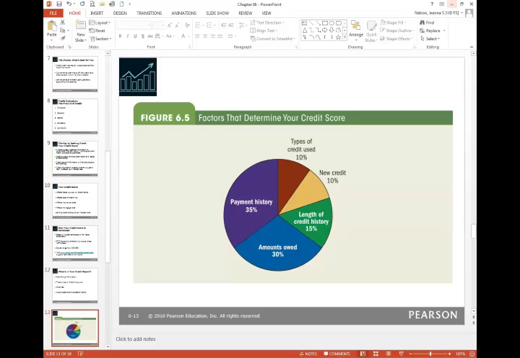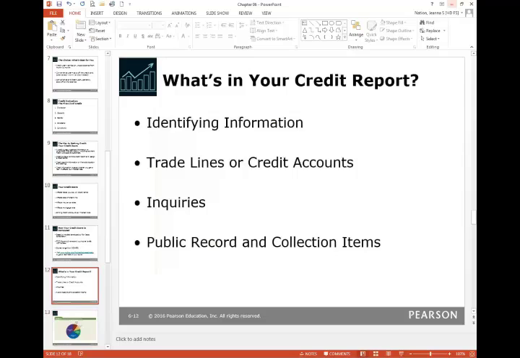So if you're looking at improving your credit score, you really need to make sure that you're making your payments on time and you're paying down the amount of your debt. So pay your bills on time and pay more than the minimum balance. Credit score is kind of a secondary thing. Your credit report tells you the activity, and then that activity is used to develop a credit score. So if you're going to influence something, you need to work on improving your credit report first, which will then impact your credit score. So what's in that credit report?